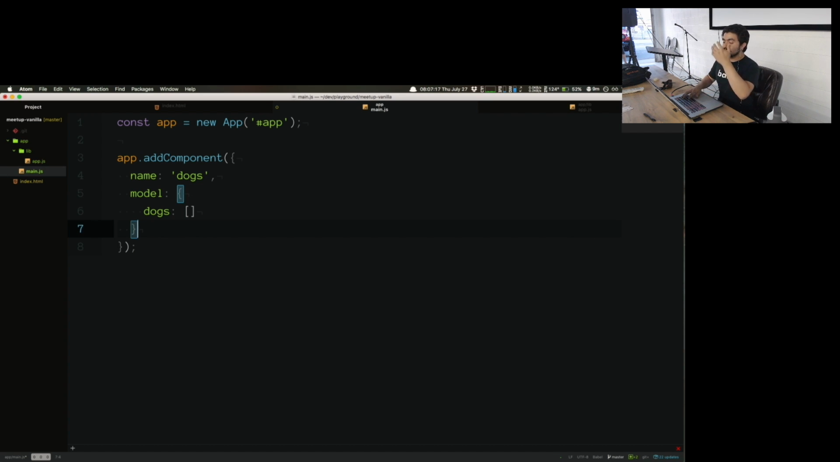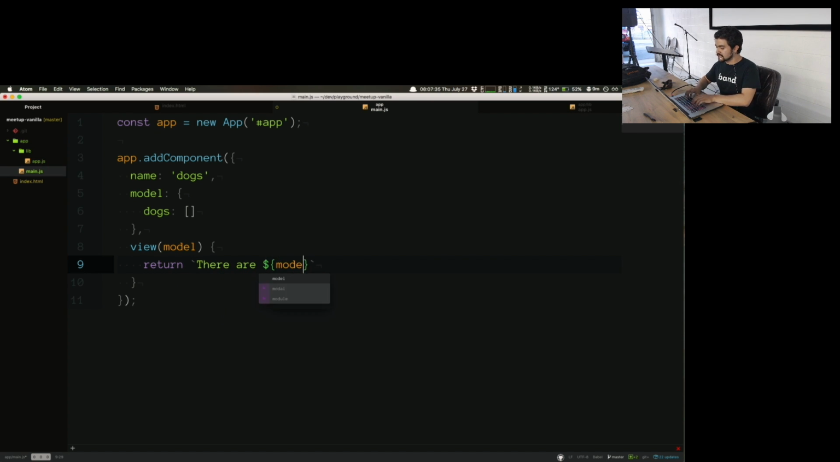So this component is also going to have a view property. And what I'm going to make the view is a function that takes in the model, and then it just returns an HTML string that represents that view with the model. So right now, it's going to be a very simple view. It's just going to say "there are", and then I'm going to throw in a template literal. I'm going to say model.dogs.length dogs. So initially, when we actually see this component, it's going to say there are 0 dogs because the